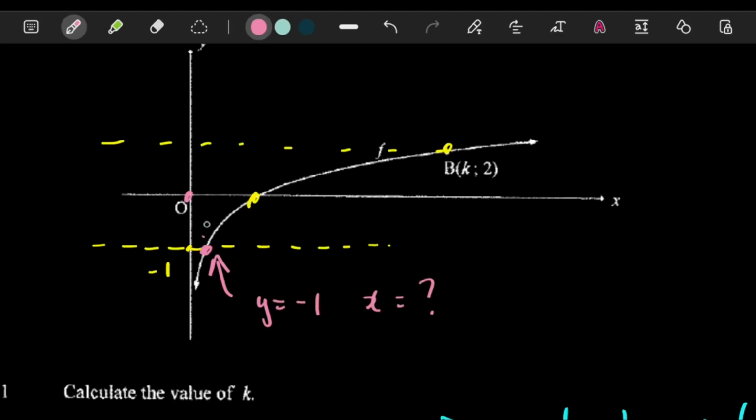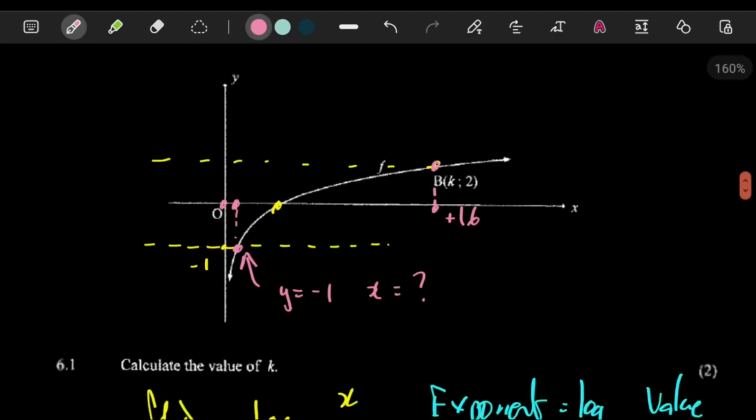We need to find out. And somewhere here we know that the y value is 2, and we already know that the x value is +16. So the graph is between -1 and +2 where x is between this value over here and this value over there. So let's find the x value here,